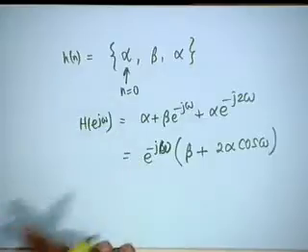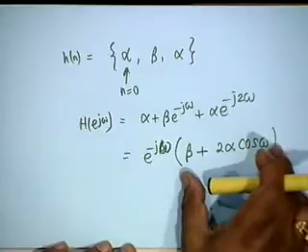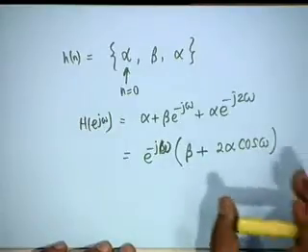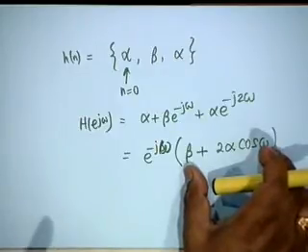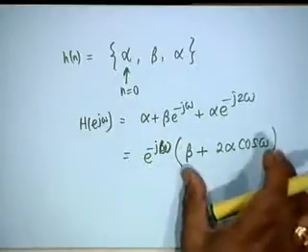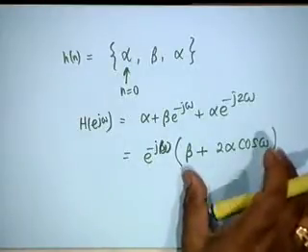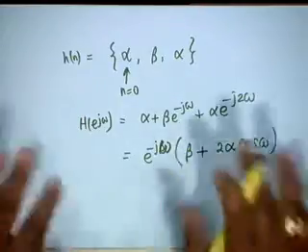The negative sign has to be respected by including an angle of pi in the angle. So, the angle of capital H is minus omega as long as this quantity is positive, and it is minus omega plus pi whenever the quantity changes from positive to negative. That is, whenever it becomes 0, there is a transition of phase by an amount pi. Now, let us suppose that we aim at beta and alpha in such a manner that this quantity shall remain positive. If the final result does not justify this, then we will go back.